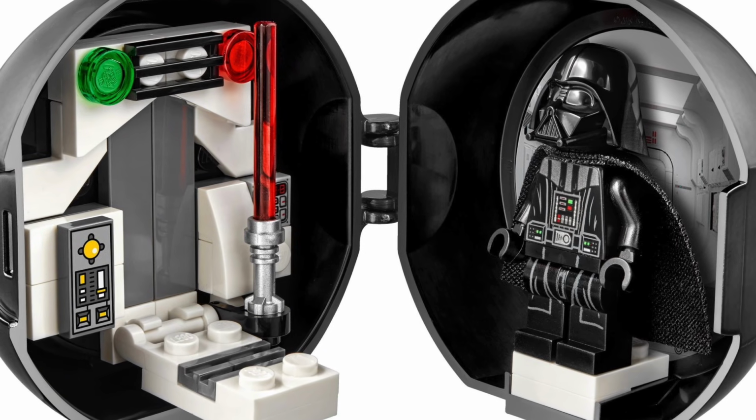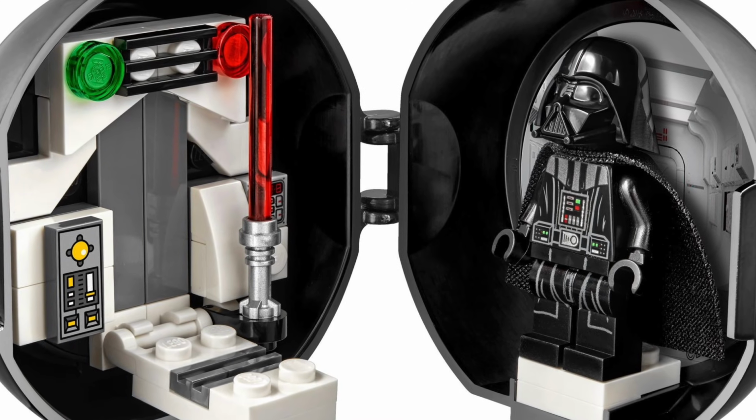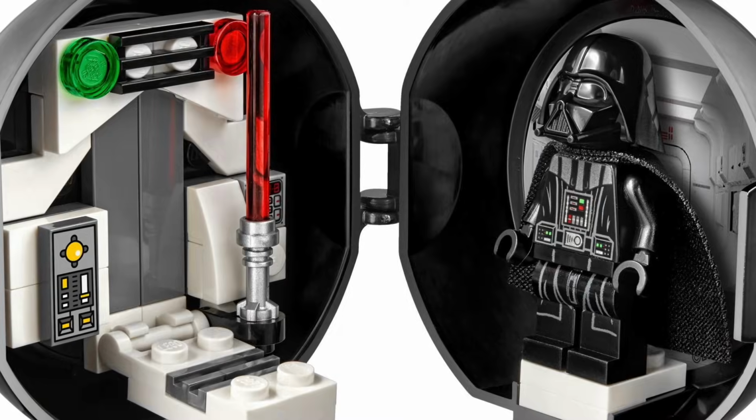It includes Darth Vader. It's got basically the hallway of the Tantive IV, and then you have the chrome pod on the outside to encase him. I just think this is one of the cooler promos for LEGO Star Wars ever, and it topped the list for 2018 for me. Let's go ahead and get on to the actual LEGO Star Wars sets for 2018, though,